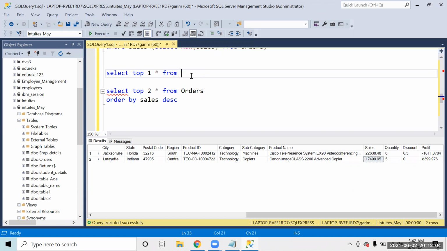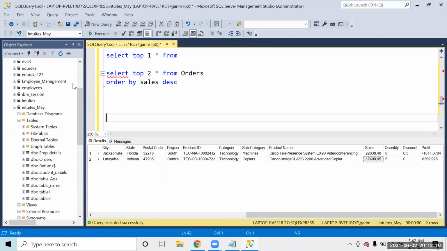Yep. Anyone? Just try to recall something. You will be able to get the answer. Rank function, you all remember? We did one rank function. I was thinking of the row num function. Row number and rank number, they are the same. Okay. So basically we can use any one of them.